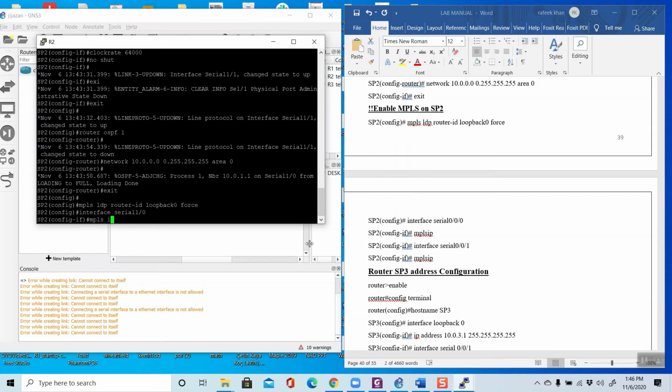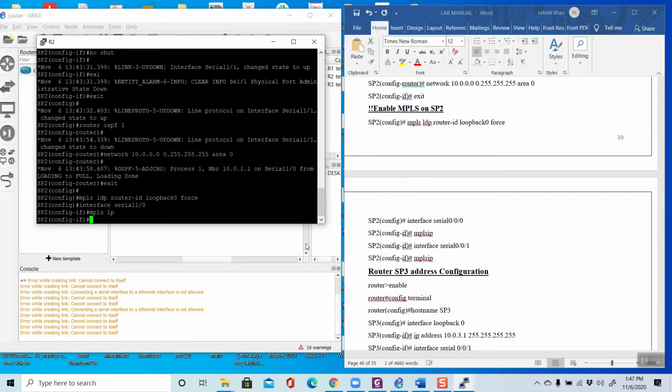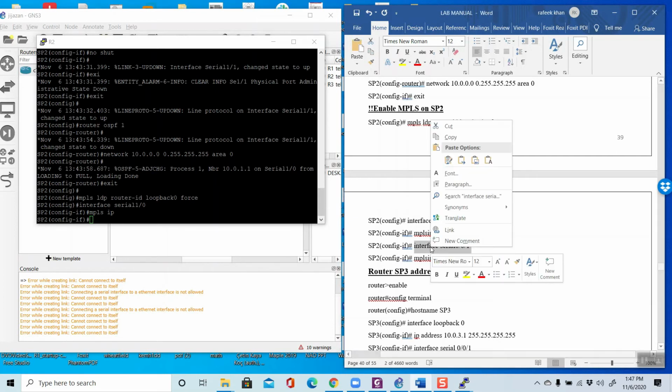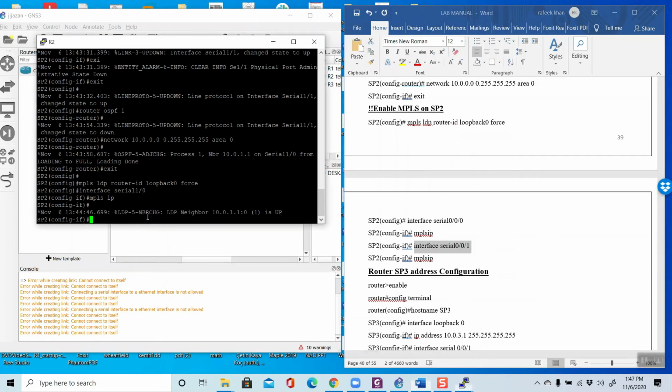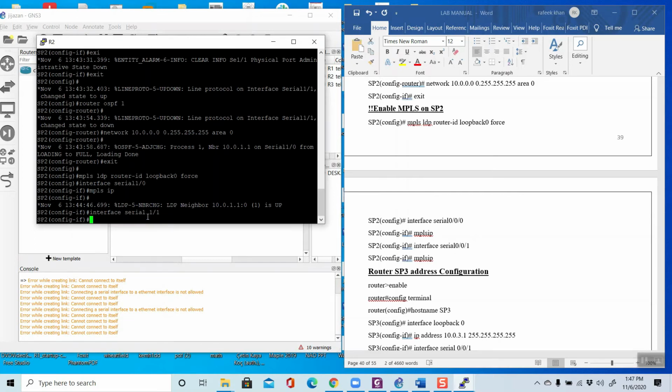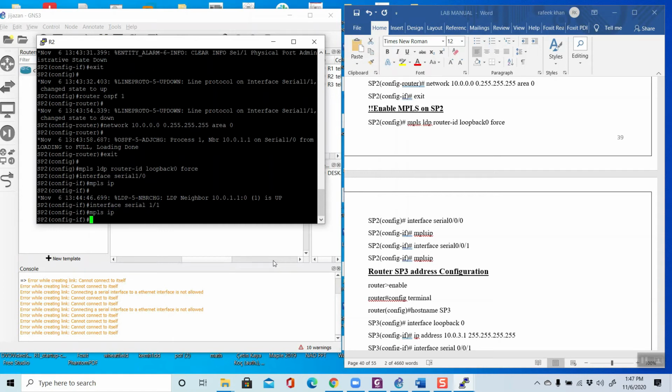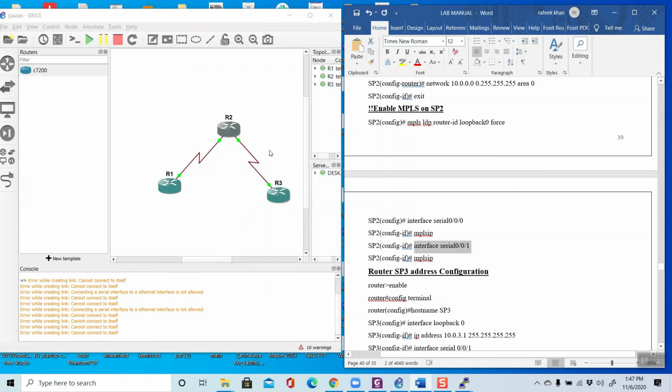Then for the other one, copy this command on serial 1 1. Then MPLS IP. Now we have finished the router 2 config also.